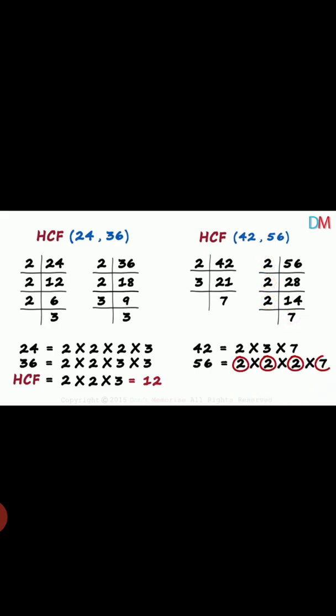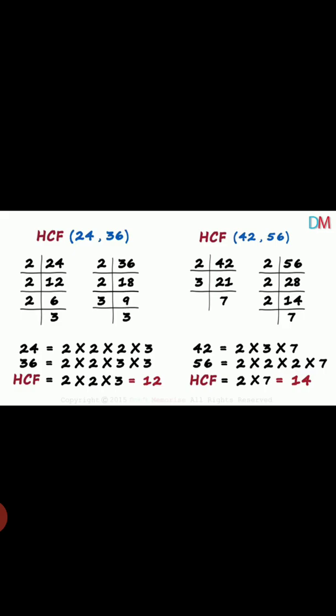Now we have to take out the common factors here. Okay, prime factors you get here already. Now HCF में हमें common निकालना है. वो दोनों में common क्या है, 1 2 is common there and 1 7 is also common here. So 2 into 7. Okay, so 2 into 7 is common. So HCF of given numbers 42 and 56 is equal to 2 7s are 14. So we get here that HCF of 42 and 56 is equal to 14.